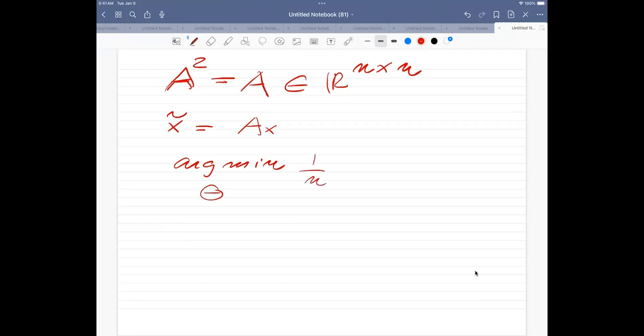And now in the expression here, I'm not going to have the value of theta because that's going to be an implicit dependence. This is going to be given as 1 minus A squared times x of i